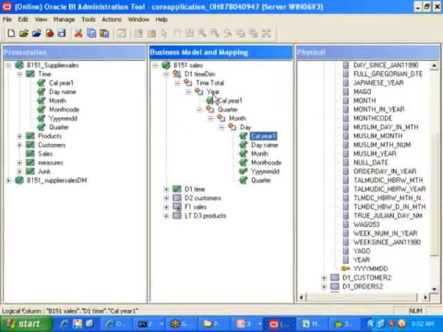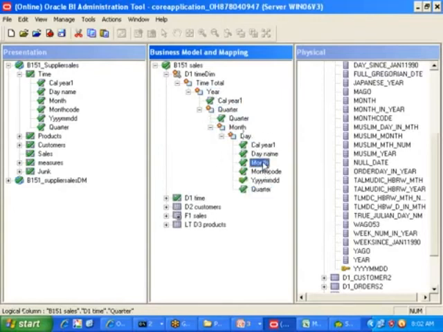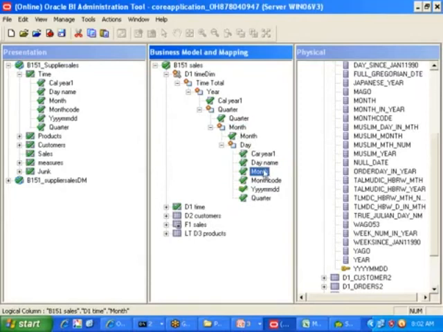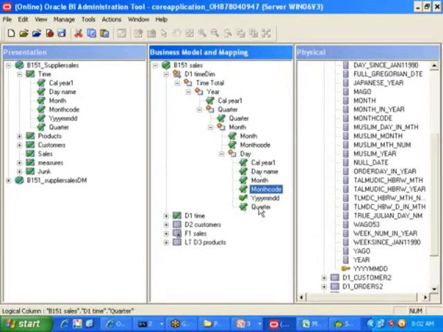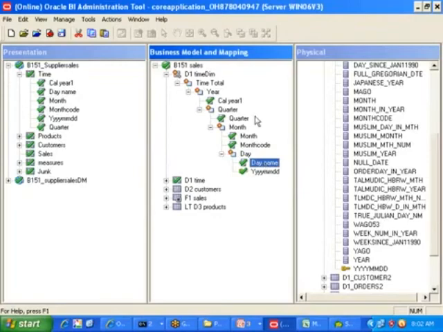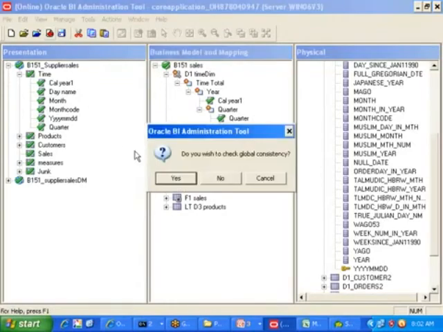I am mapping year into year level, quarter into next what, sir? Quarter level, month into month level. Next, in the day level, whatever you don't want, delete all those things. I am deleting all unnecessary things. I am deleting, and I want to take month code also into the month level, sir. Those are at the same level. I am deleting unnecessary quarter, month code, month, and year. Delete these things. Once you delete it, click on check-in changes.